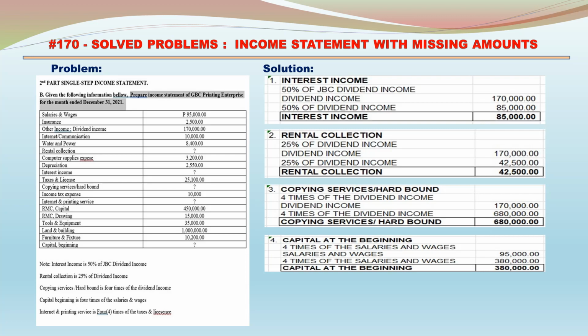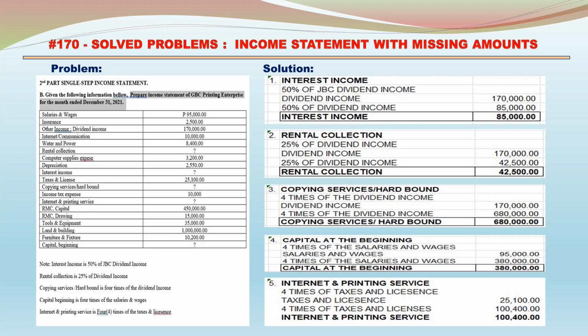Salaries and wages 95,000. 4 times of salaries and wages is equal to 380,000. So capital at the beginning is 380,000. Internet and printing service is 4 times of taxes and licenses. Taxes and licenses 25,100. 4 times of taxes and licenses is 100,400. So internet and printing service is